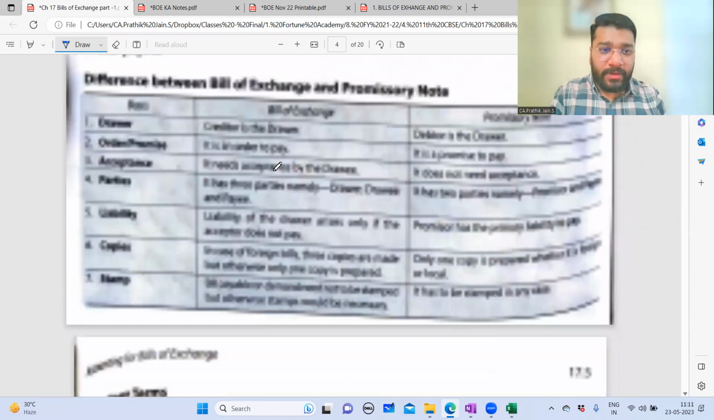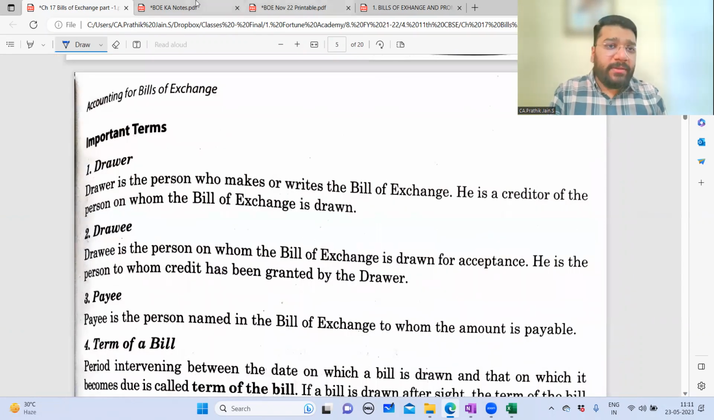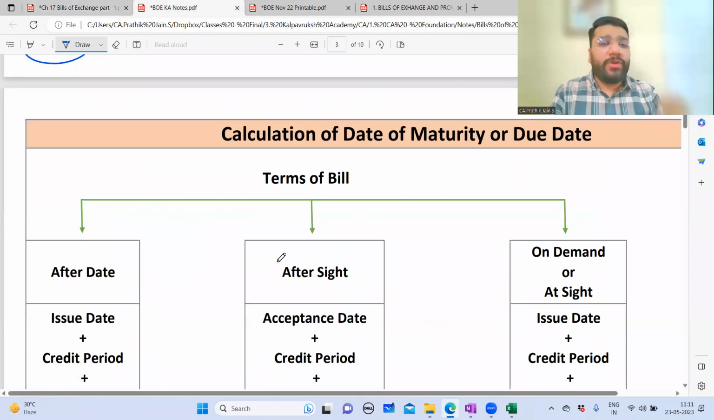Yes, sir. Yes, sir. Now, guys, what is important is the calculation of date of maturity and due date. Now, before that,